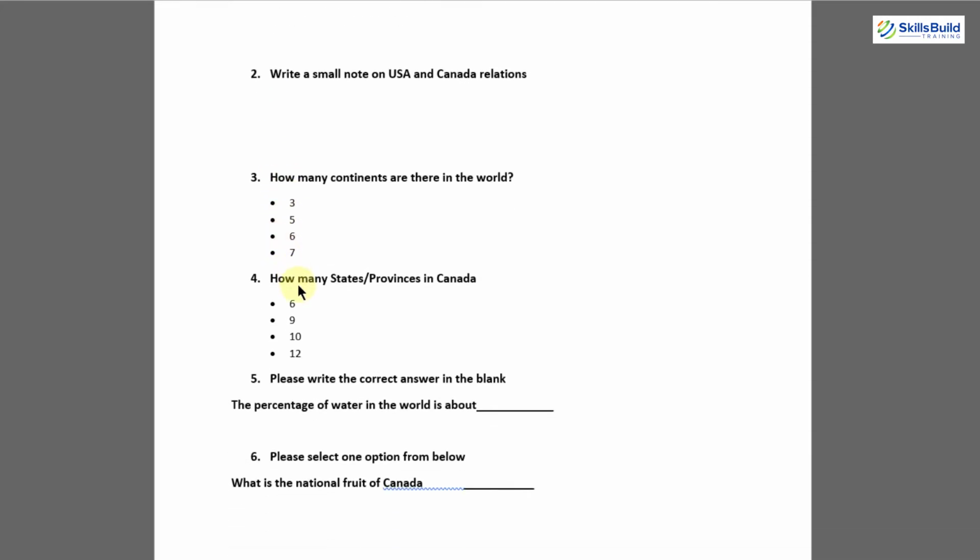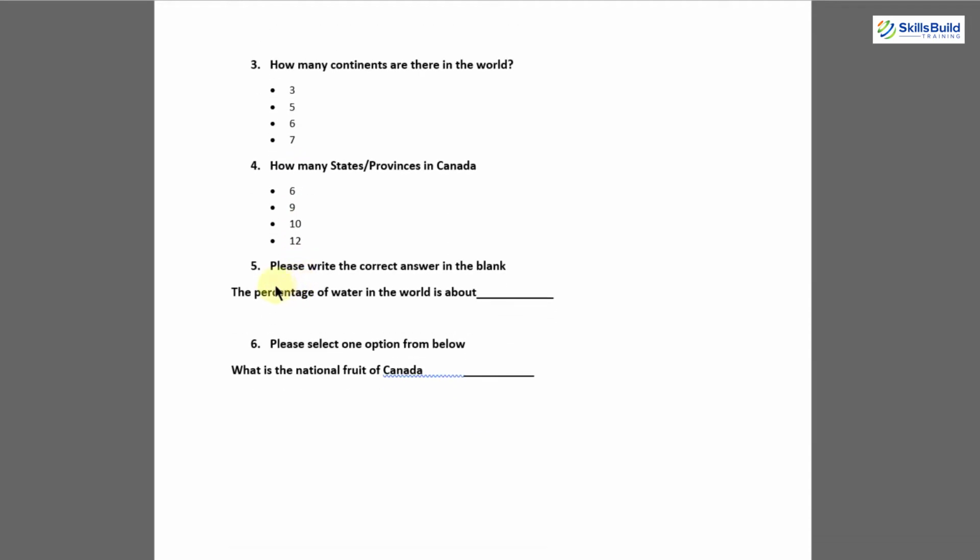As you can see on your screen, I have a Word document opened and I have prepared a simple questionnaire for small kids. Here I have different questions regarding Canada, and different types of questions. Here I want students to write a brief note, then a small note, and then I want them to select one of these options in these two questions. And then I have fill in the blanks, where the student will write their answers in this blank space. Then at the last I have a question in which I will provide the student with some options and the student will choose from these available options.